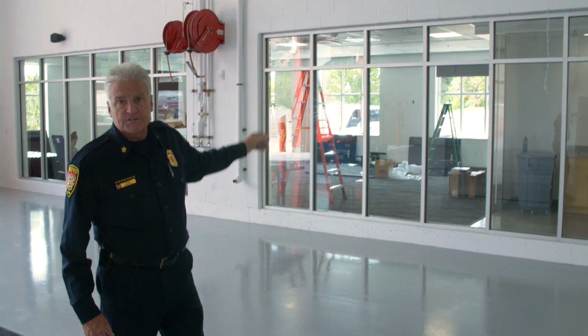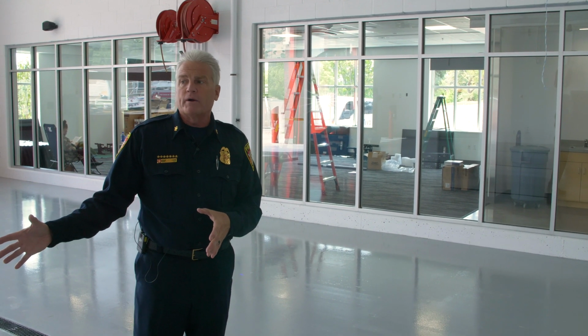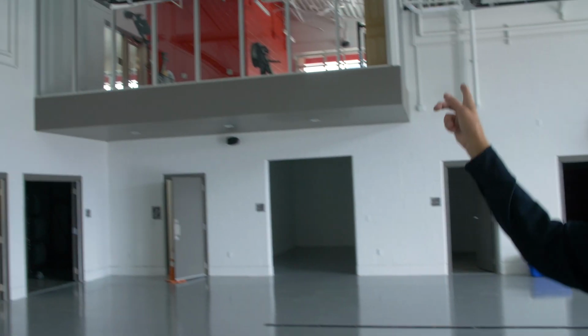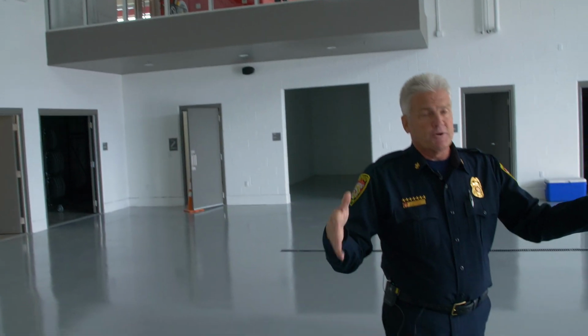From here, you can see the interaction that the Apparatus Bay has with the community room. And we love this feature because as the community is meeting, they will be able to see what is going on here in the Apparatus Bay. When we're teaching children in this room, they will be able to see the fire engines. And then one feature that we didn't necessarily point out is that if we look up here, you can see the physical fitness room. So from the physical fitness room, you're able to look down on the Apparatus Bay and see all of the equipment. See if a tour is going on, or just be able to keep an eye on the station,